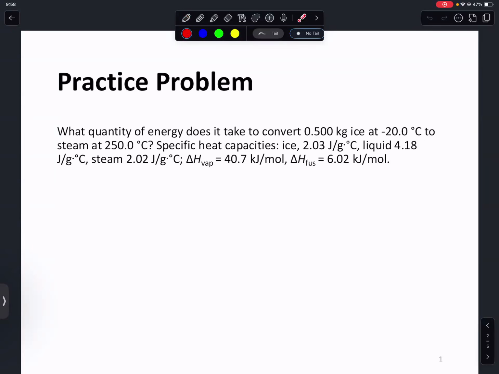This problem reads, what quantity of energy does it take to convert 0.500 kilograms of ice at negative 20.0 degrees Celsius to steam at 250 degrees Celsius? And you are given the specific heat capacities of ice, liquid water, steam, and then you also are given the enthalpy of fusion and enthalpy of vaporization. For these type of problems, you are expected to draw the heating curve on your own and then apply the